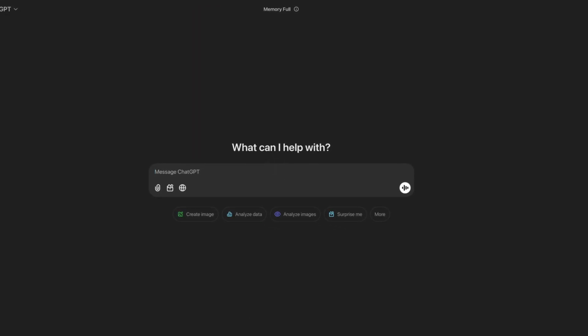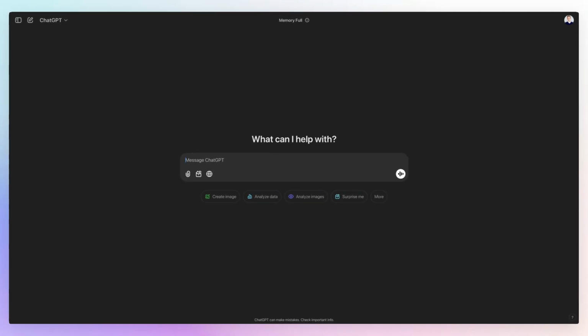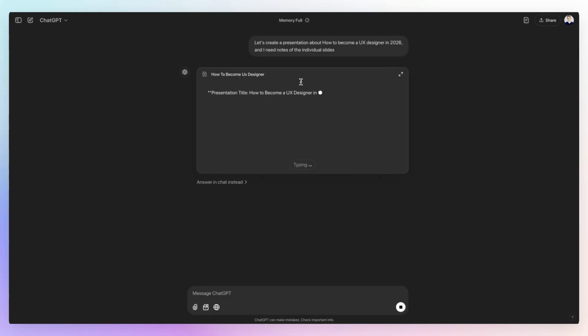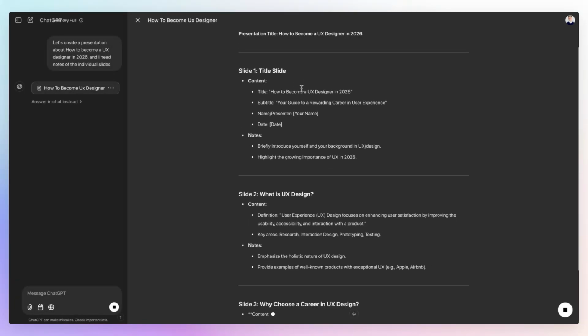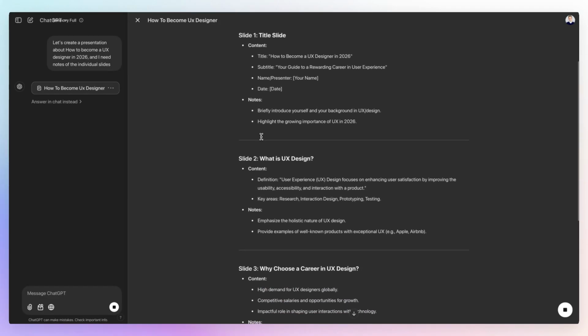So we're going to ask ChatGPT initially for something very simple, which is going to be, let's create a presentation about how to become a UX designer in 2026. And I need the notes of the individual slides. And this is something which I add to the prompt in order to really make sure that ChatGPT works in a slide fashion. So as you can see over here, it's creating the content in autopilot, as well as the